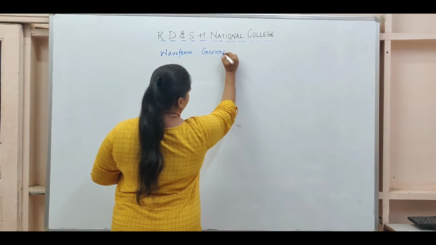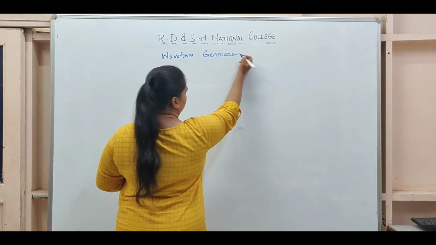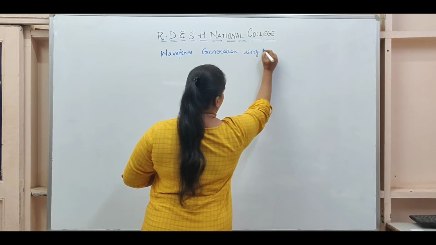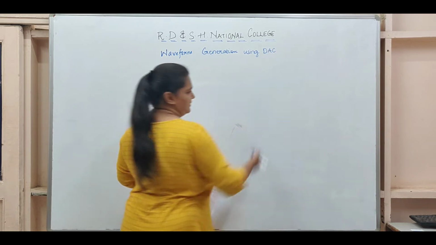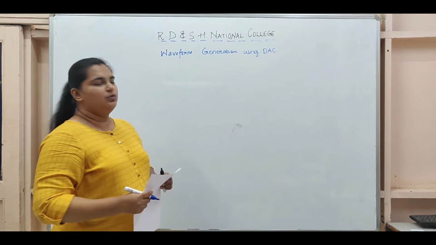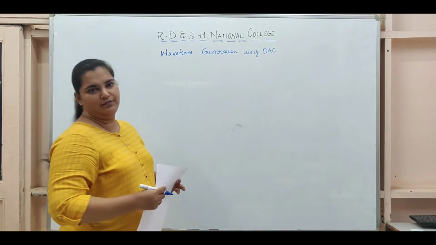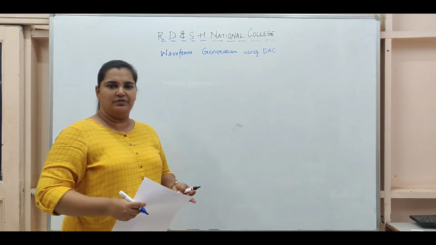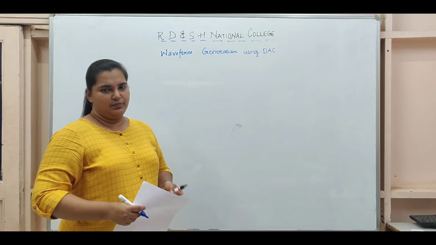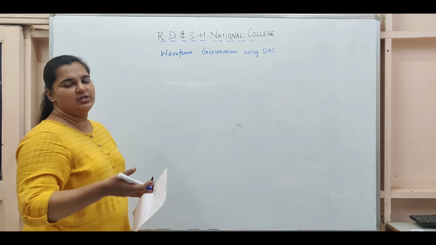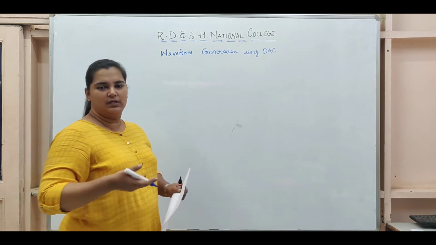You know that DAC gives you digital to analog. This analog output, which is then passed through a 741 IC, will give you analog values which can give us waveforms. These waveforms will be either square wave, triangular wave, trapezoidal or sawtooth wave. Coming to how we will generate these waveforms using the DAC.